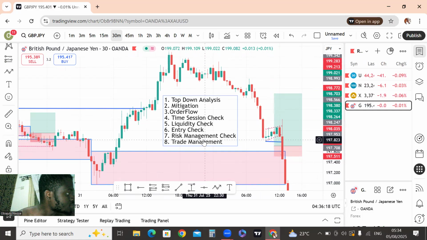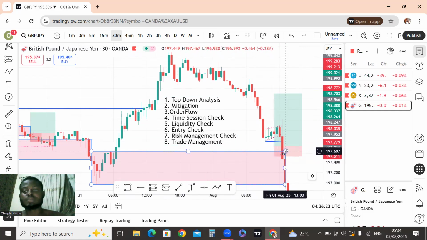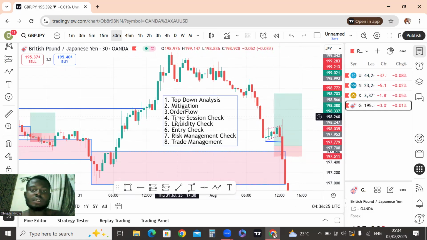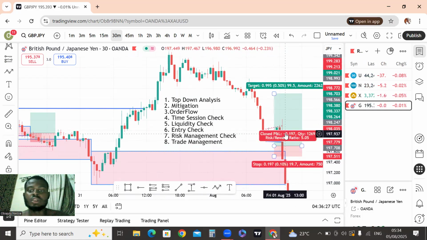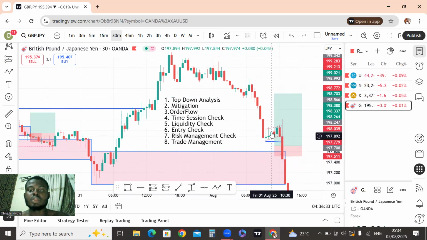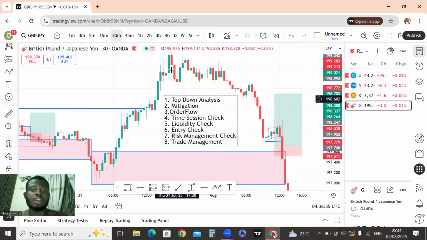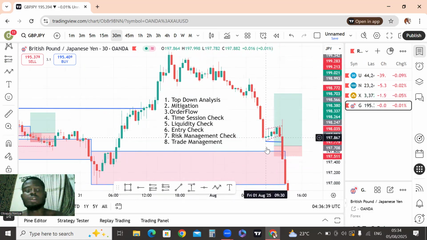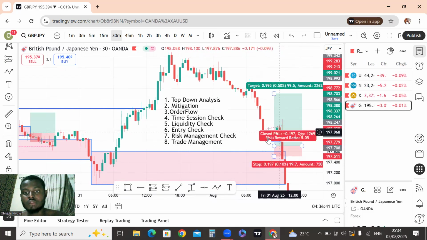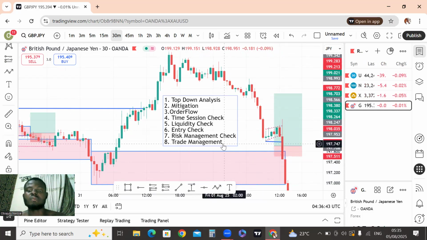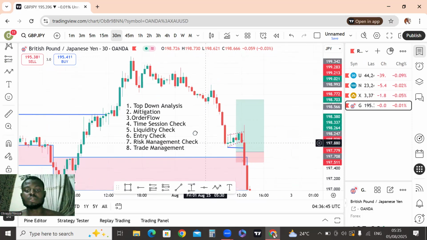I took this trade around 130. So, liquidity, yes. I saw this liquidity. There is a trendline liquidity in front of this zone. I didn't see any external, internal, or structural liquidity, but I saw this frontal liquidity right here. So when I saw this frontal liquidity,